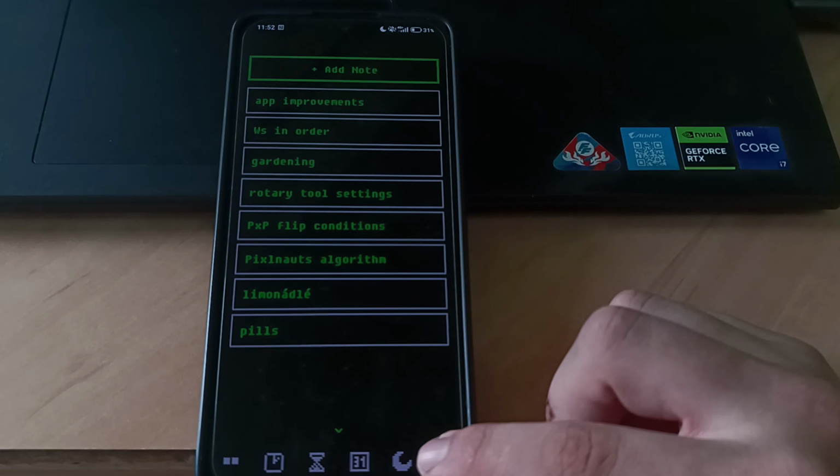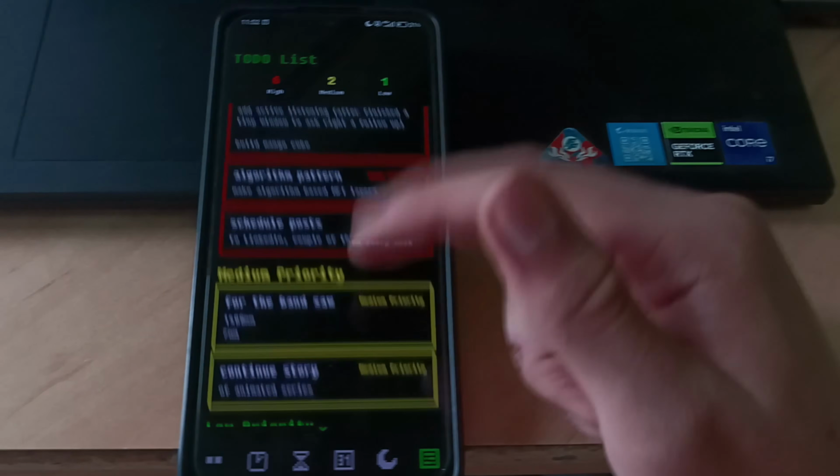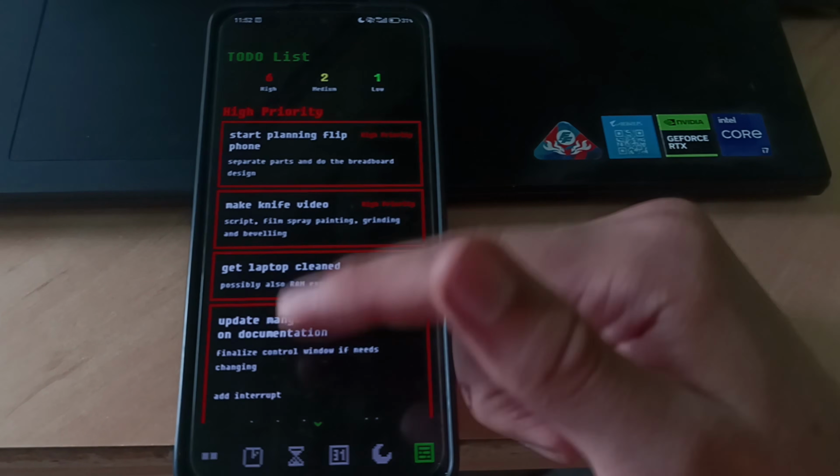And then if we hold this one, then this is gonna bring up our to-do list, which,